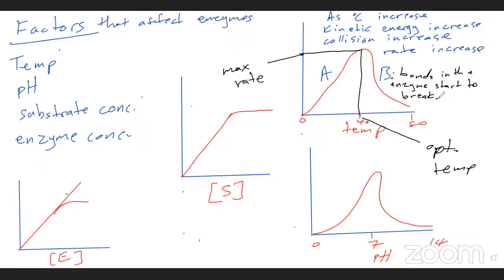Once you break the bonds in the enzyme, it is going to start to lose its shape. The bonds break, the enzyme loses shape. If you continue to increase the temperature,